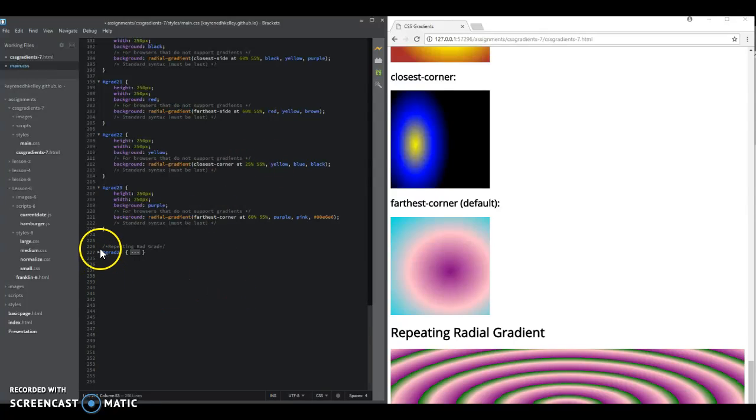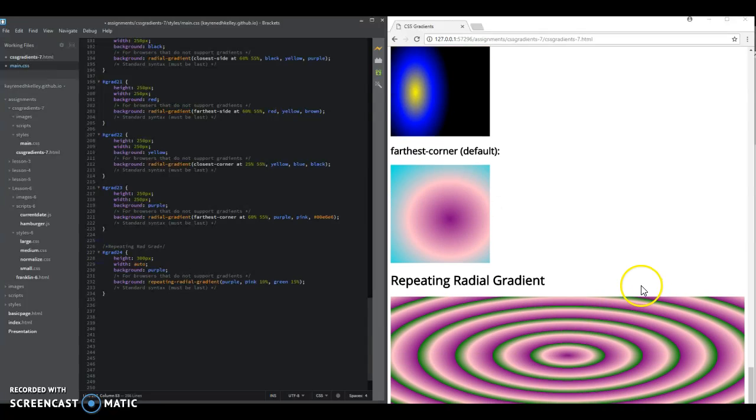The last one we're going to look at is the repeating gradient. And this one is really colorful, kind of fun. And this one is the same thing. It gives you a radial gradient. It just keeps on repeating, doing the same thing over and over. And right here it tells you that they want to repeat it and that it's a radial gradient. But they also want a percentage of the transition or percentage of coloring. And so this is your percentage here. So this is your CSS